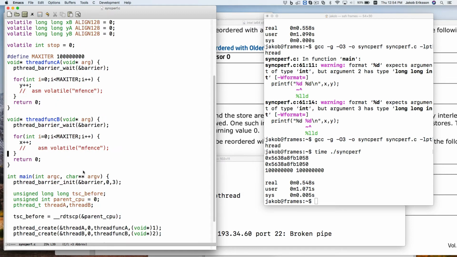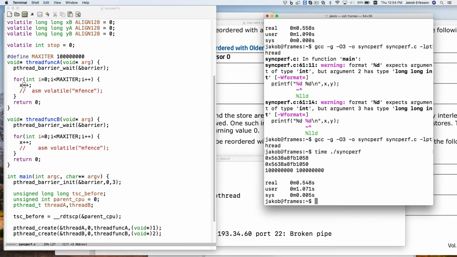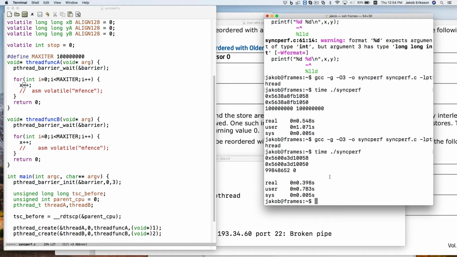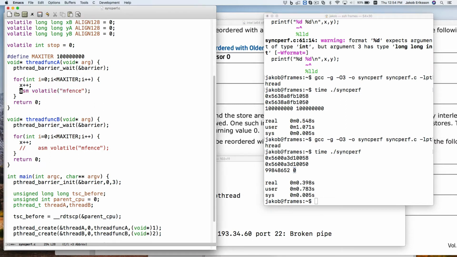And, well, we know it's going to stink with 2 X's, but let's just do that. Yep. So we didn't lose so much. I mean, that one's obviously going to be 0 because we didn't increment Y anymore. But we lost a few of the X increments. Not so many, but pretty bad. And if we stick an M fence in there,